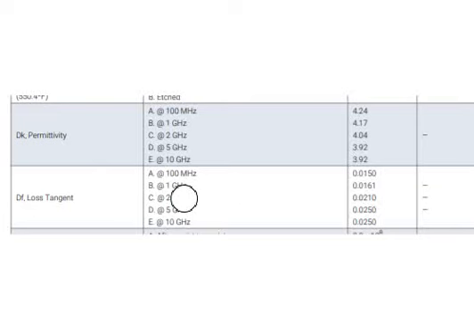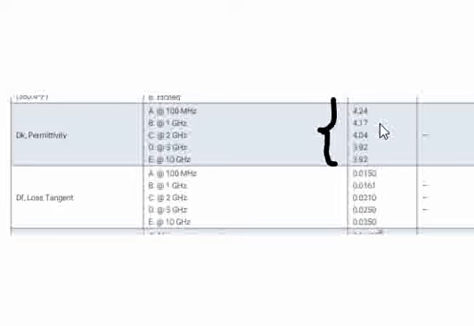Hello all, we see values of permittivity and loss tangent of a PCB material in this snapshot. So this is from Isola 370HR PCB material, and you can see here the permittivity, that means the dielectric constant of this is around 4. This is the one which we use in our